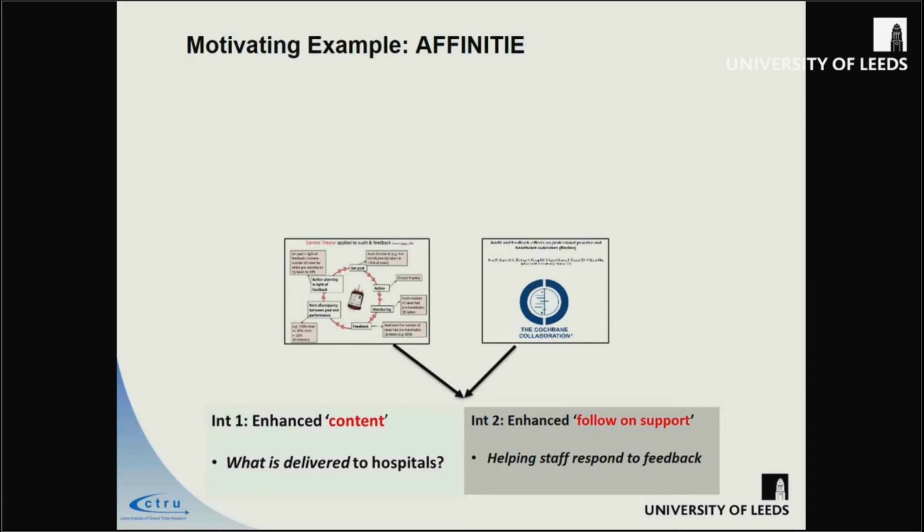So in terms of this intervention, it came from control theory, which is a psychological theory on how you change behaviour. It also came from a Cochrane review that basically told us that audit and feedback works as an intervention compared to not having audit and feedback, but what we don't know is what version of audit and feedback we need to do. So we need to know how to optimise the version of audit and feedback we give. To keep life simple at this stage, because this was the first trial of this type that was done in the area, we had two interventions, and we focused on optimising the feedback part of audit and feedback, with the audit part being our data collection for the trial.